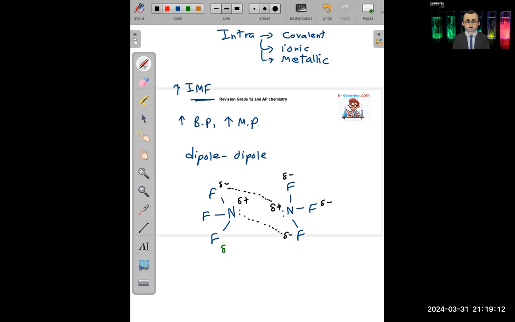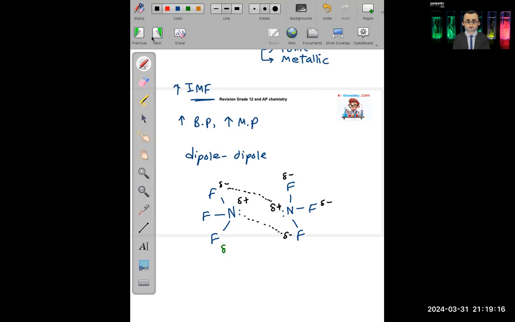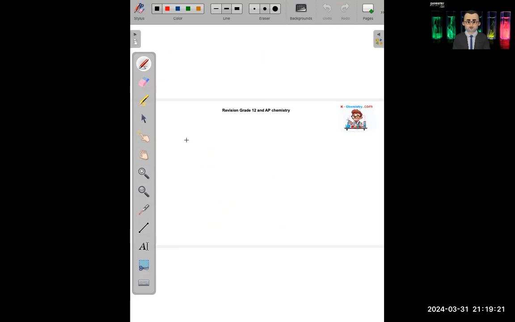Now, there is a special type of dipole bonds in which the polarity is very strong. These are the ones which are known as hydrogen bonds. So actually, hydrogen bond is a subtype of dipole. There are three conditions for the compound or the molecule to have a hydrogen bond, named intermolecular forces, instead of dipole. The conditions are the